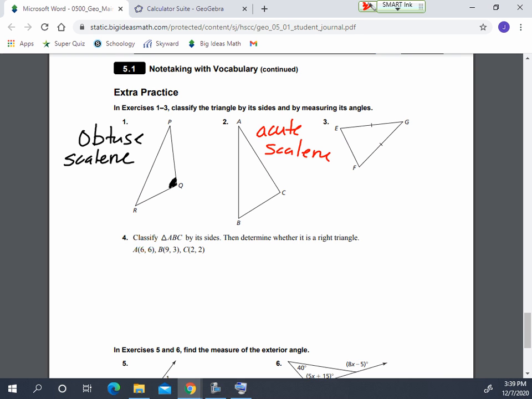And number 3, we know that all 3 angles are acute. But two sides are congruent, so that's what we call an isosceles triangle. I abbreviate isosceles because I'm not good at spelling, so I'm going to say isos. It's an acute isosceles triangle. Moving on, number 4. Classify triangle ABC by its sides, then determine whether it is a right triangle. Okay, so